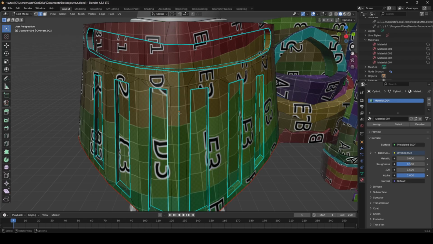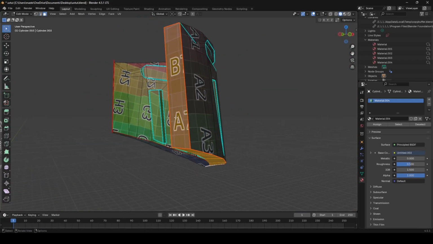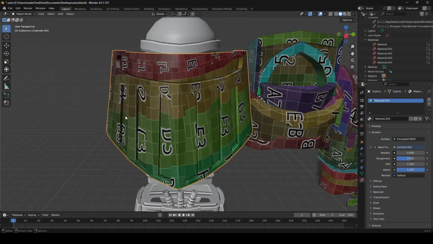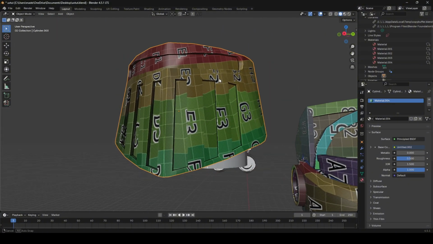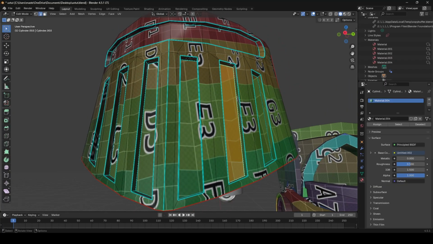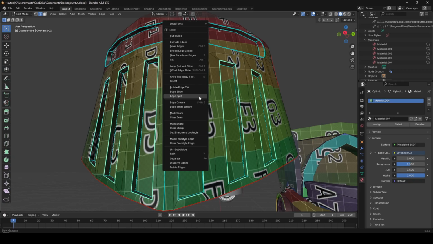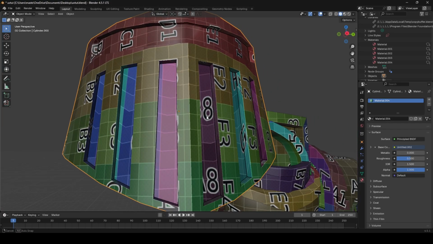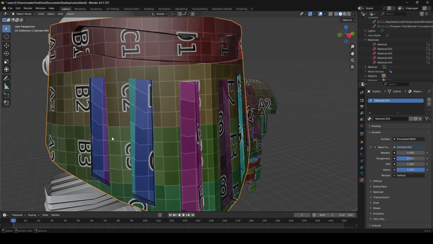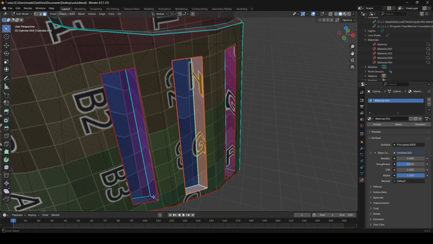Let's continue. So yeah, I separated these out and then this out, and we have this ton of distortion going on. For these little indents, this is the best solution I have. Alt click. Seam. So now they're isolated, and you see they're really distorted. All you have to do, though,